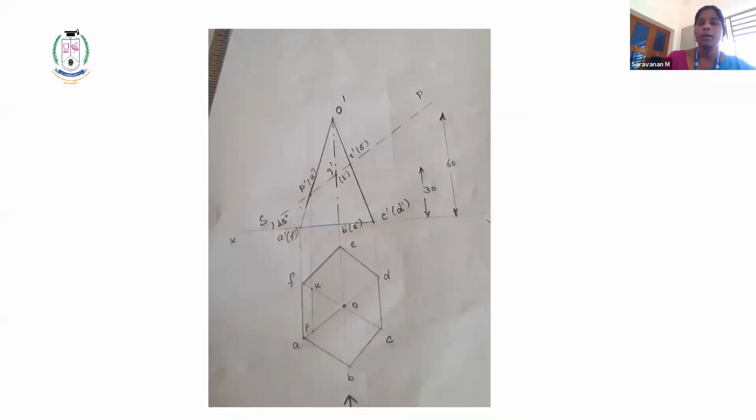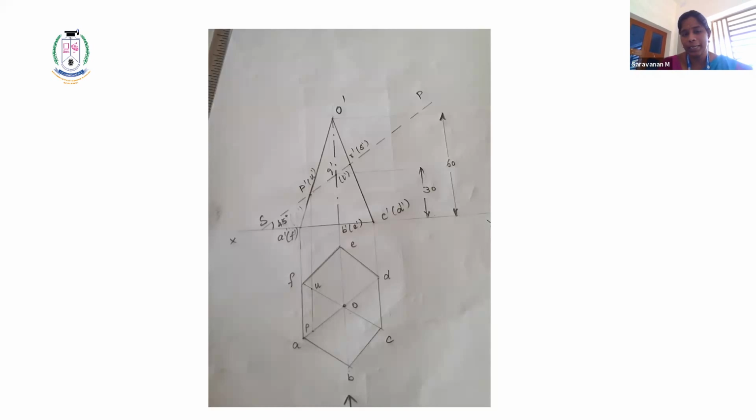See, you have to project the intersecting points of the sectional plane towards the top view. So first, project the first point. First point is P. So from the sectional intersecting point, project the point below XY towards the top view.